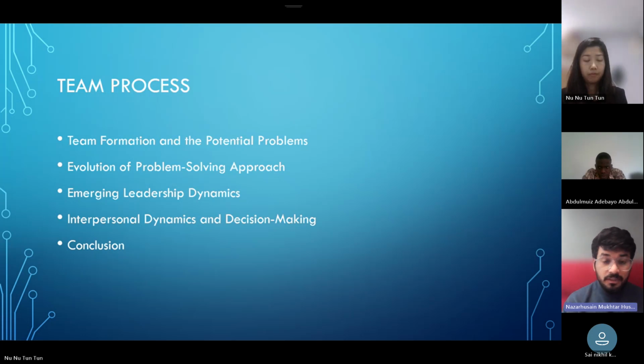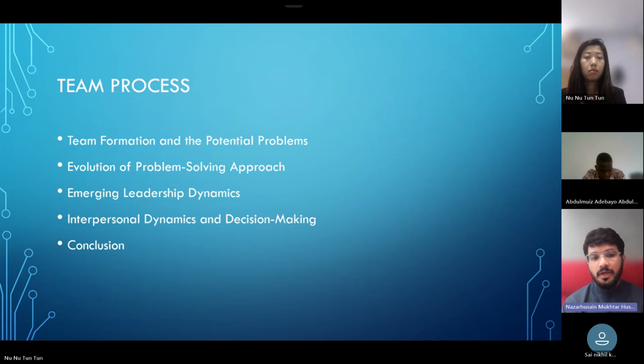If we talk about the leadership dynamics, leadership in our team was fluid and situational. The most qualified person would take the lead depending on the task. For example, when we worked on the marketing for the 9-hole course, the team member with the marketing experience stepped up, which helped us to handle the project efficiently.